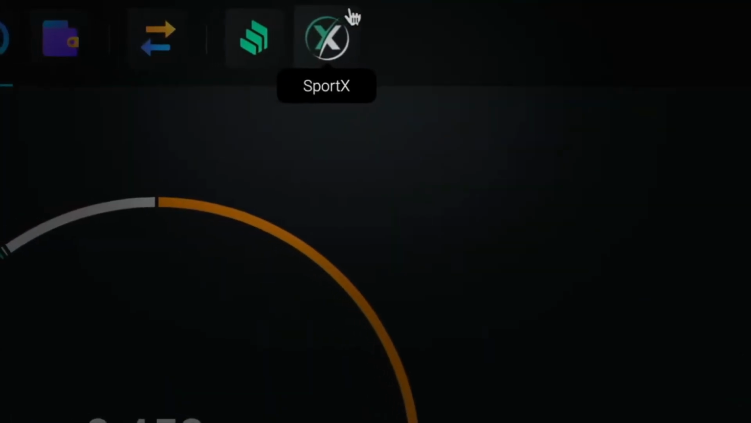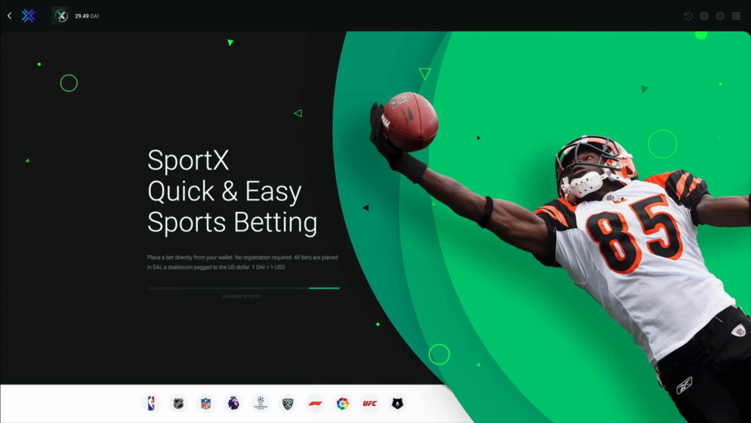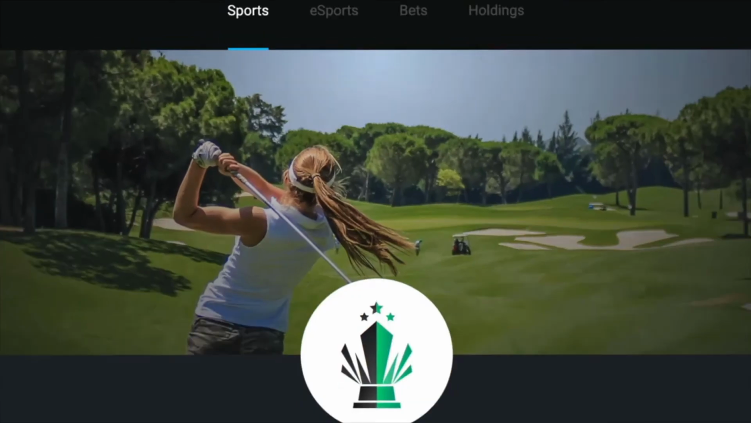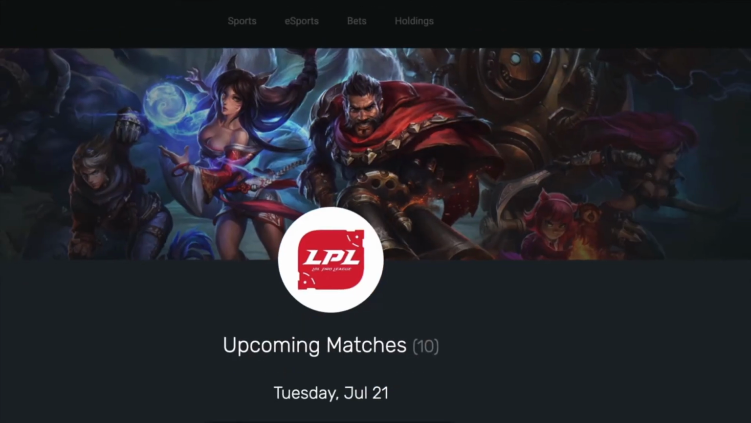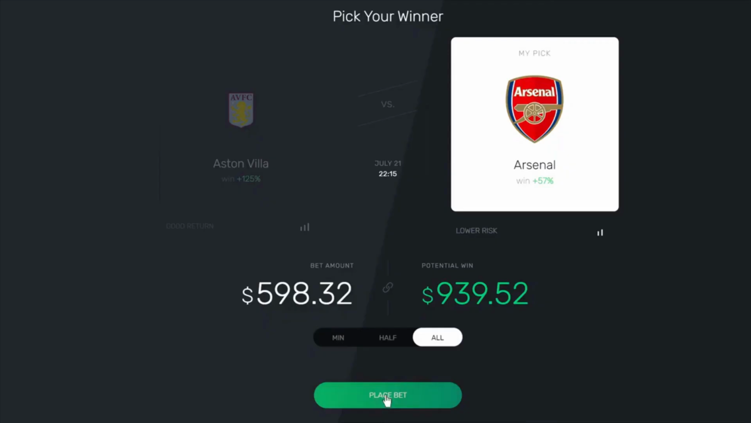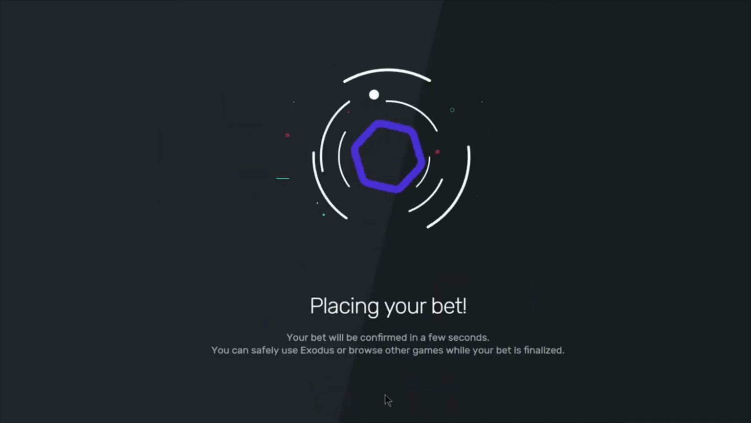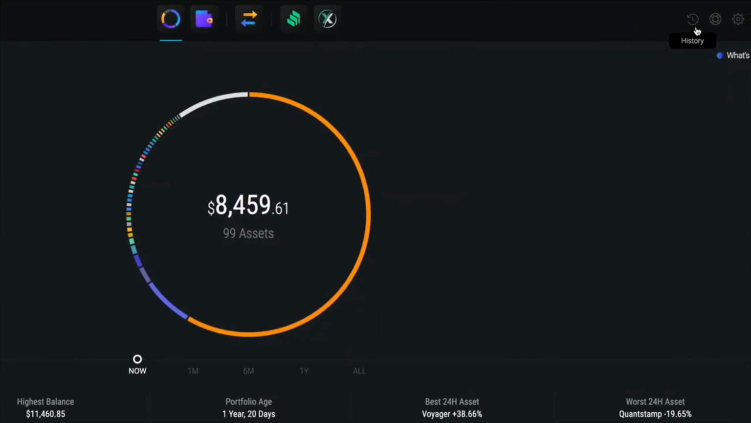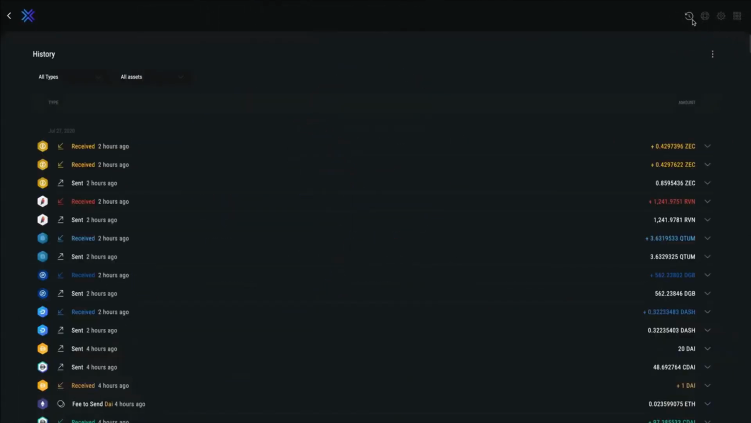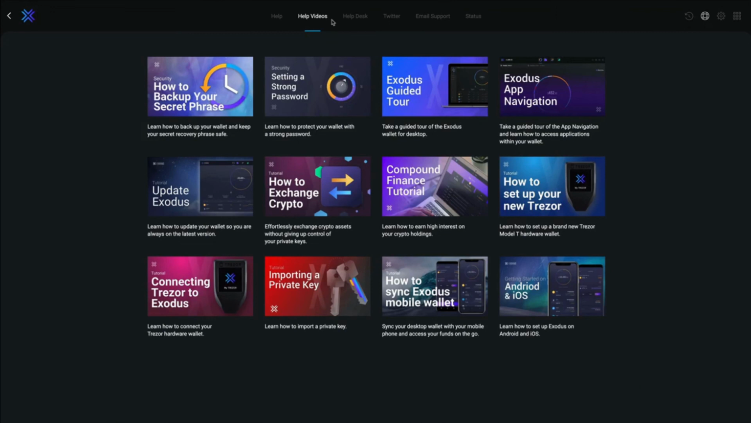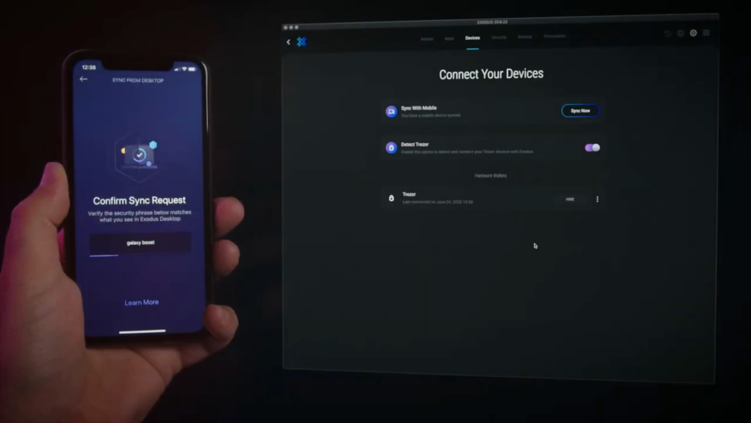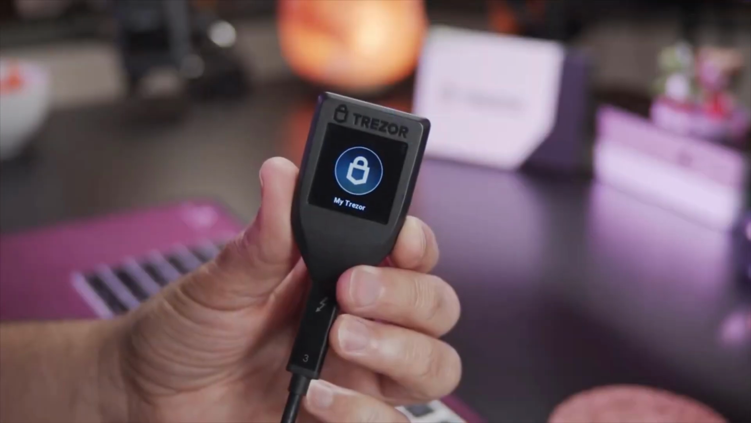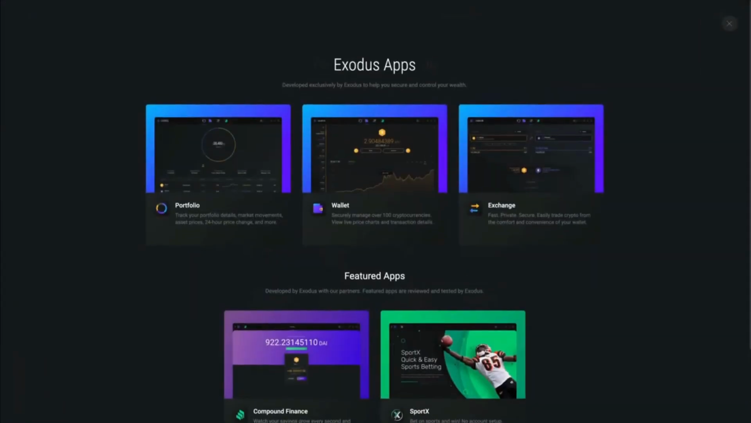Here we have SportX, the ultimate sports and esports betting app, where you can place instant bets on sports such as football, golf, UFC fights, and even esports like League of Legends. This happens directly from your wallet without having to sign up for an account or give up any personal information. Moving to the right, we see options to view your transaction history, the support section, which has help videos and ways to contact Exodus 24/7 support, settings where you can sync your mobile wallet or set up a Trezor hardware wallet, and the app browser. Give the new Exodus a spin, check out the new